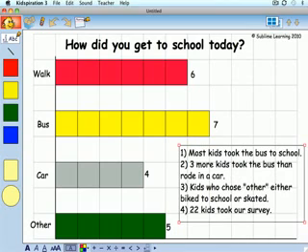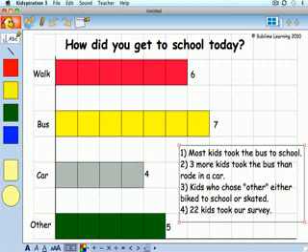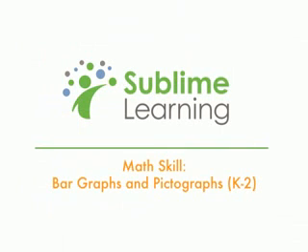Students may want to choose colors that have meaning for them, for example, yellow for a school bus or gray for the color of their car. You might have students add totals to each row to clarify their graph. They can also add text to summarize their findings. When they are finished, compare the two graph types. Do the pictographs